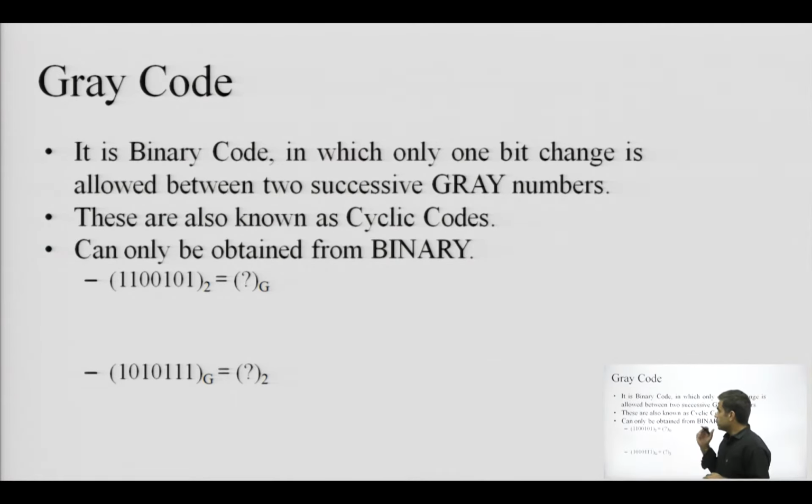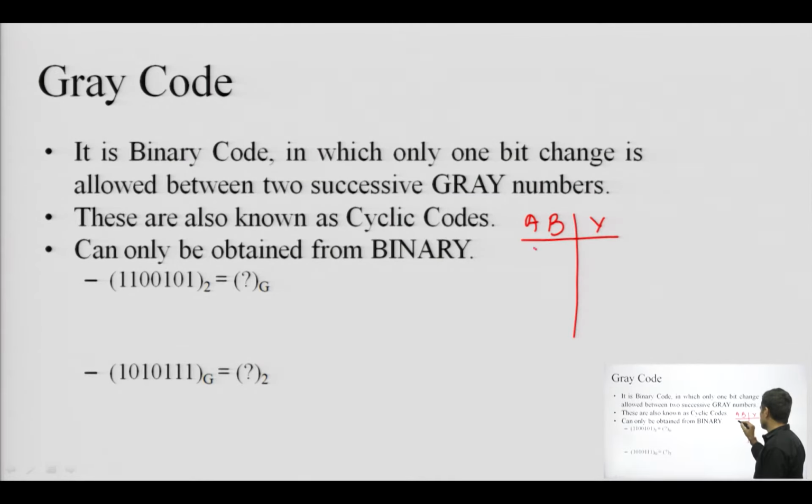Okay. So, to convert this binary number into gray number, we have to understand the operation of an XOR gate that we will be covering in the later stages, but for the sake of clarity of this topic, I am just giving you a brief overview of the XOR operation. So, if there are two inputs A and B and Y is the output, the XOR operation says that this should be the behavior. That means, 0 0 will produce a 0 at the output, similarly 1 1 will produce 0 at the output. This is Y equal to A XOR B.